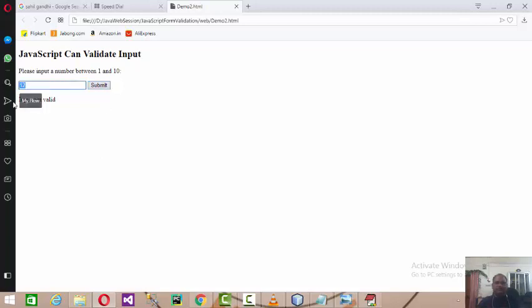If you enter 0, input is invalid. If you enter 5, it is in the range. First, it has to be a number. Second, it should not be less than 1, meaning more than or equal to 1, and it should not be more than 10 as well. So if it is a 5, it will say input is okay, right?